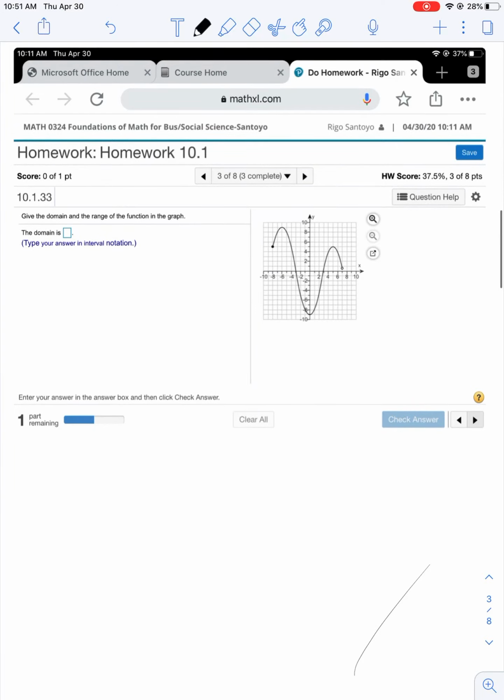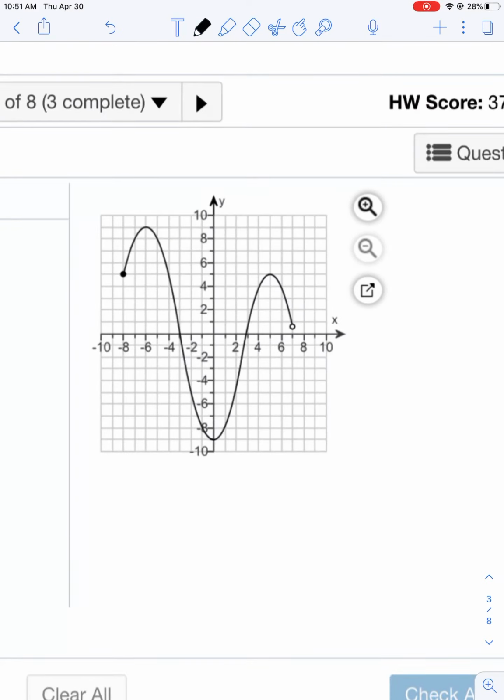Okay, next example here. I want to give the domain and range, right? So the domain stands for all the x values. And we always, when we show domains and ranges, let's say when we show domain and range,